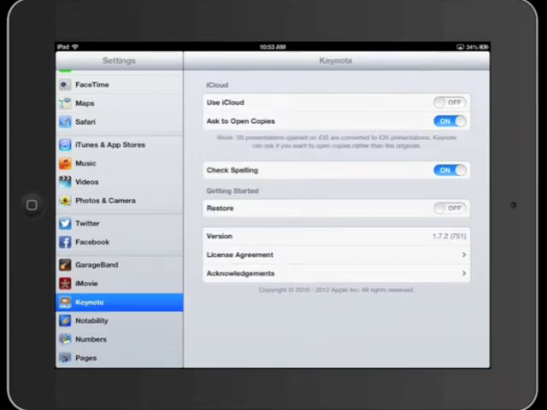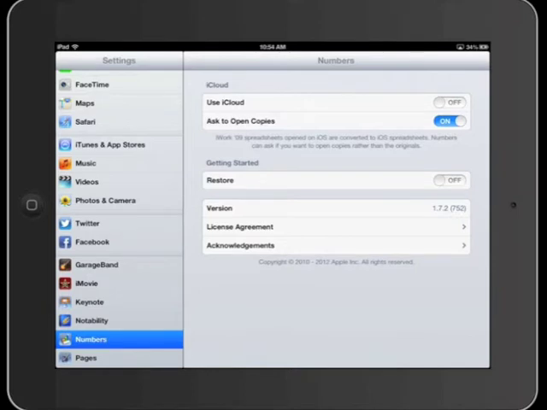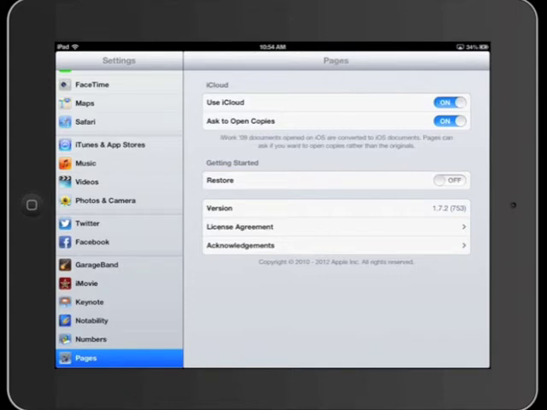If you'll touch Keynote, you'll notice on the right side, it says at the top, Use iCloud, and that is turned off. Go ahead and make certain that you've turned that on. And we want to do the same process for Numbers and then Pages. With your data for Keynote, Numbers, and Pages now being backed up to iCloud, we want to focus our attention